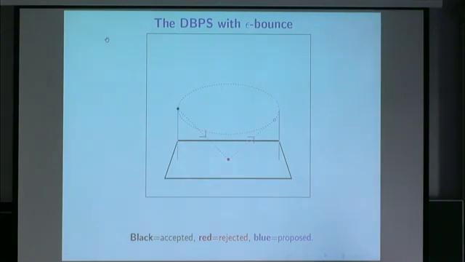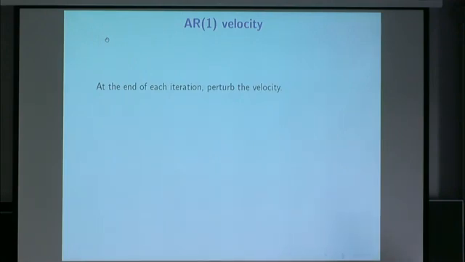But in the tests I did, and this was some time ago, it didn't work as well as what I'm going to say next. So I want to revisit those tests, but the ones I did, it didn't seem to work as well as this, which is every single iteration, after you've done it, and the iteration might be you proposed a move and you accepted, you proposed, rejected, proposed a bounce and accepted, or you actually rejected that. Whatever you've done, you perturb the velocity. You just jitter it a little bit.